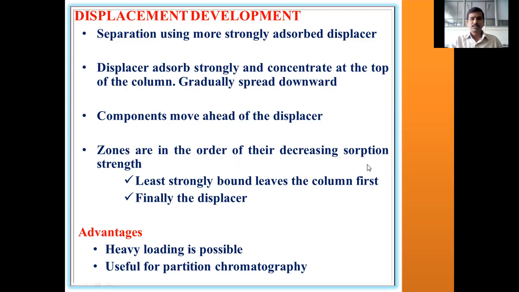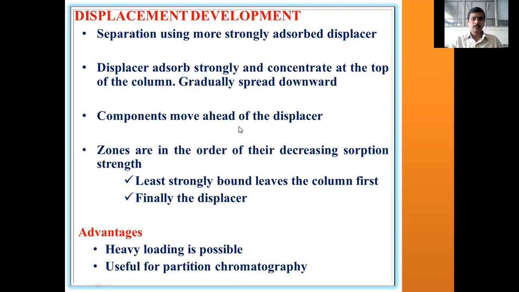And what is this adsorption strength? The displacer has greater adsorption strength, therefore it is present at the top of all the components as its individual band, and the species eluted for the very first time is the least strongly bound species, which leaves the column first. Then after elution of the least strongly bound species, all the intermediate species will be eluted, and finally the displacer will come out. So this displacement development